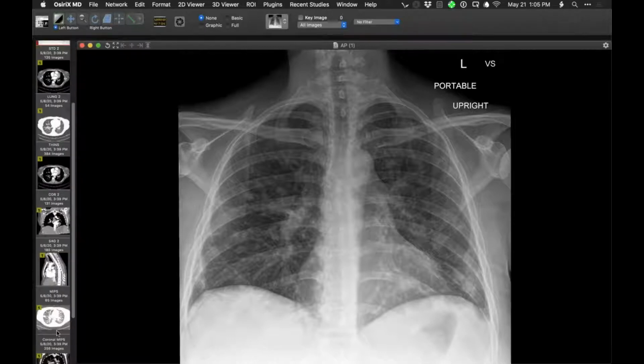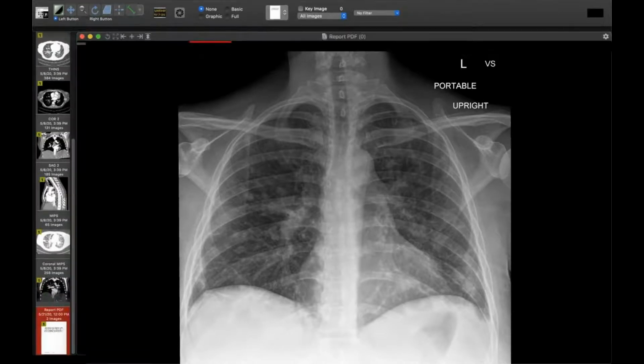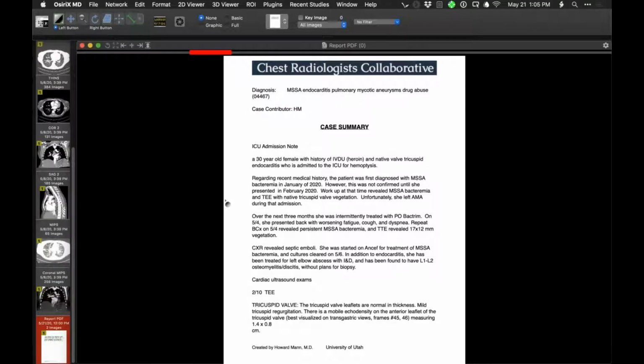And then at this point, might as well put up the history, because she was diagnosed with MSSA. She left AMA, so not a complete success in terms of management. Treated with oral antibiotics and then presented with more symptoms. So more recently,